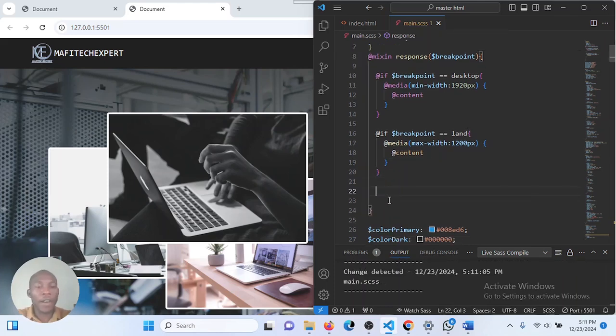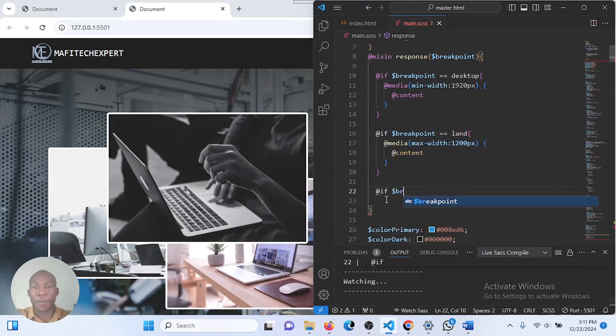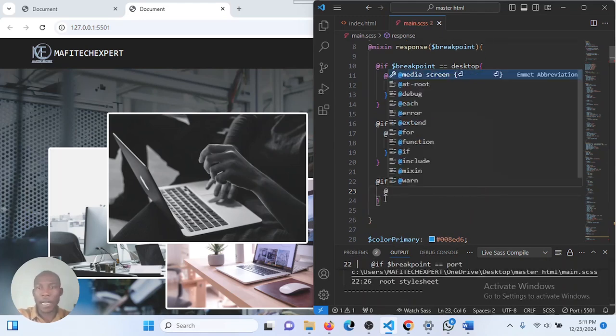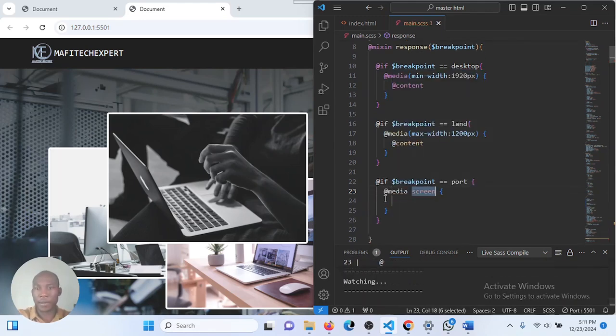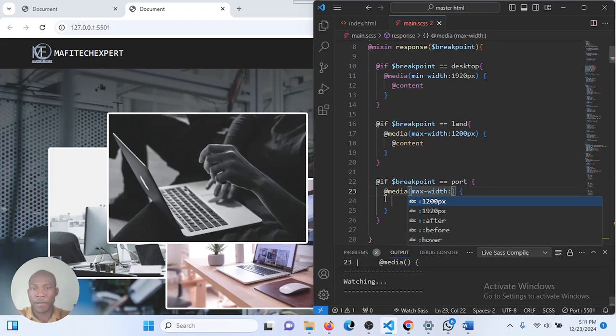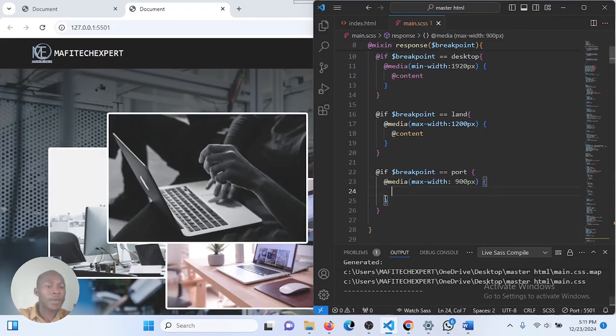Then we now have at if breakpoint is equal to port, at media, max width, let's say 900 pixel, at content,